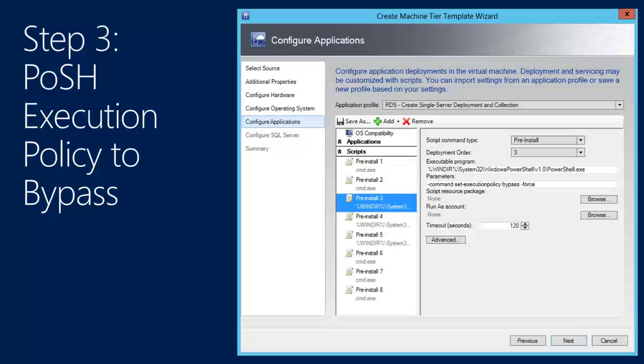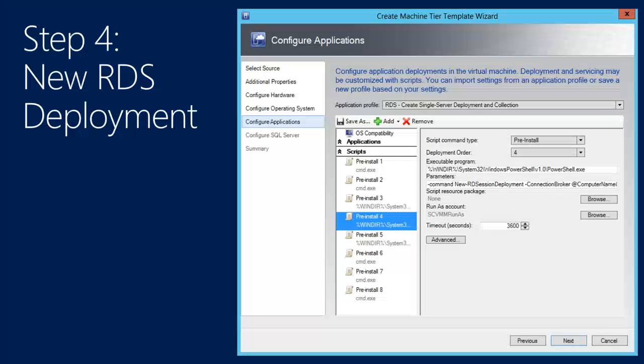Now, the third step in this process is a little trick that gets the PowerShell execution policy switched to bypass mode, because the restricted mode pops up a little error message, an "are you sure?" yes/no message. All I'm doing here is running PowerShell.exe with the -command switch to set the execution policy to bypass, and then with the force switch. All this sets things up to get me to step 4, which is where I end up creating the RDS